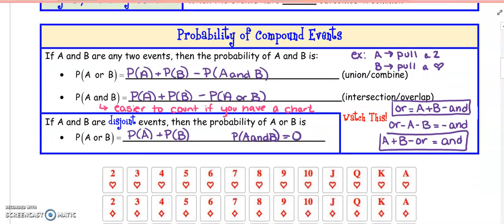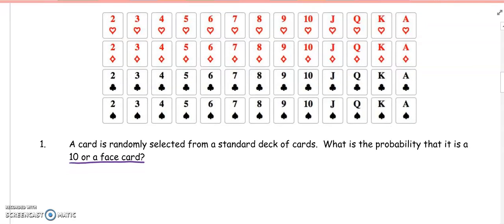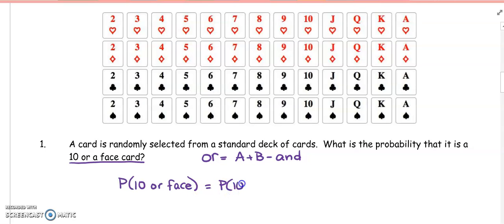So let's see how this works here. I've given us the deck of cards, and I'm telling you a card is randomly selected from a standard deck of cards. What is the probability that it is either a 10 or a face card? If it is an or statement, I'm saying or is equal to A plus B minus and. So the probability of a 10 or a face is equal to the probability of a 10 plus the probability of a face minus the probability of a 10